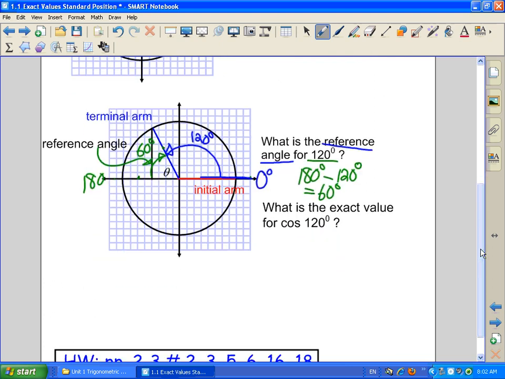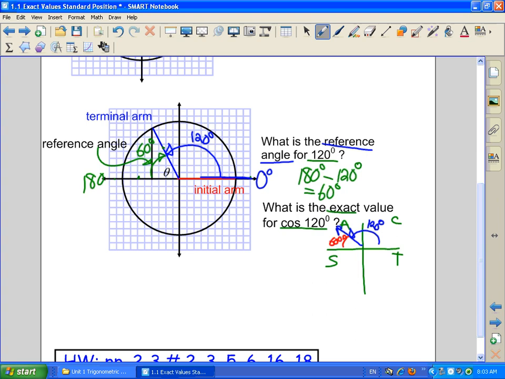Okay? All right. Second part says, what is the exact value, and remember, that's a special word, exact value, for cos of 120 degrees. So again, if you want to just simplify with your CAST rule here, where's my angle going to go? 120 degrees is going to go this way, and my reference angle, ladies and gentlemen, is the what? 60